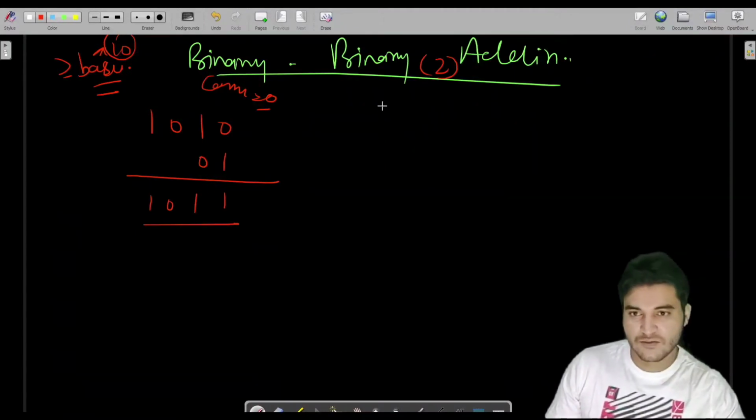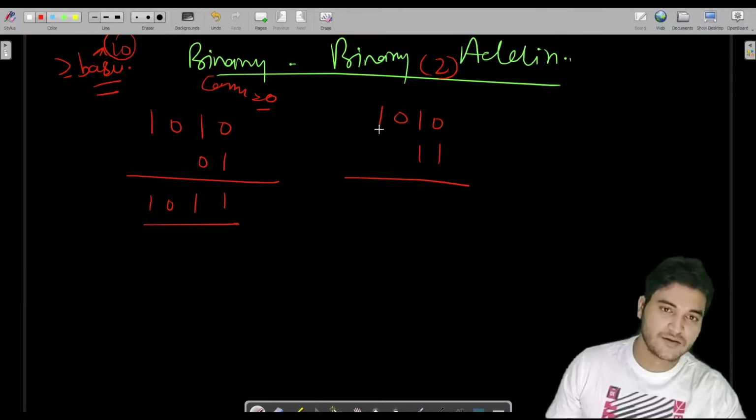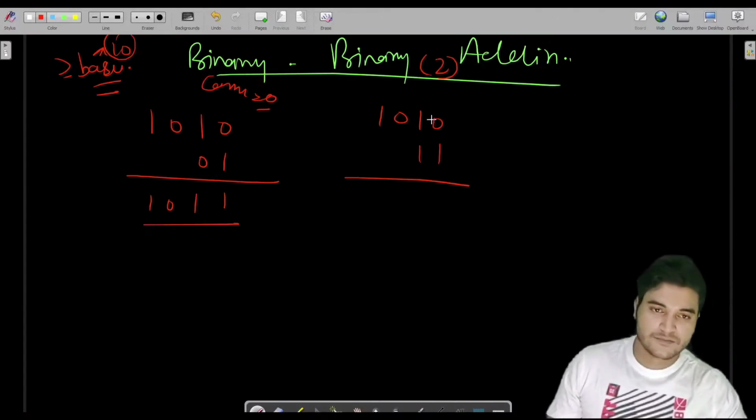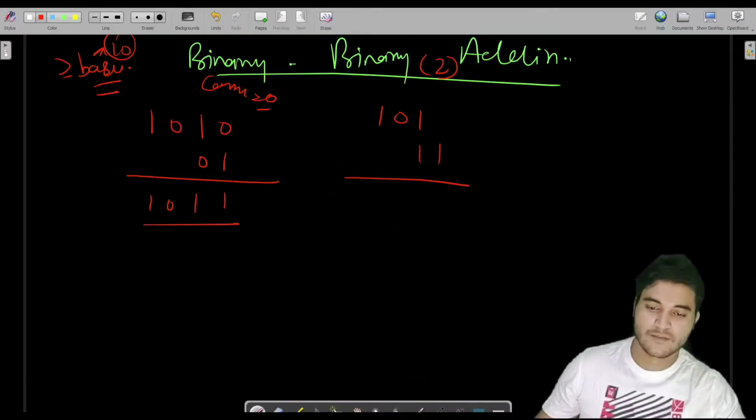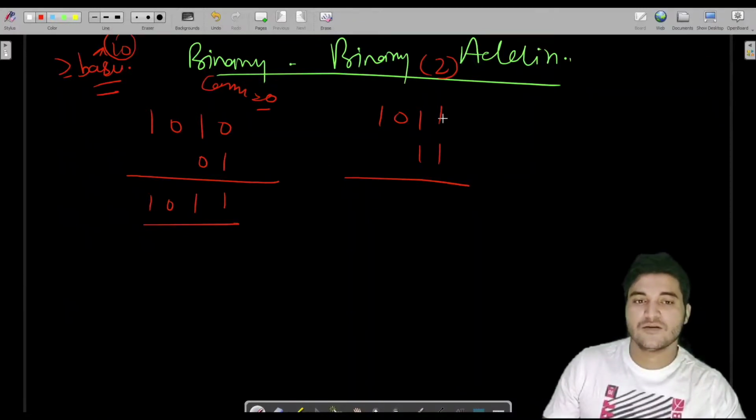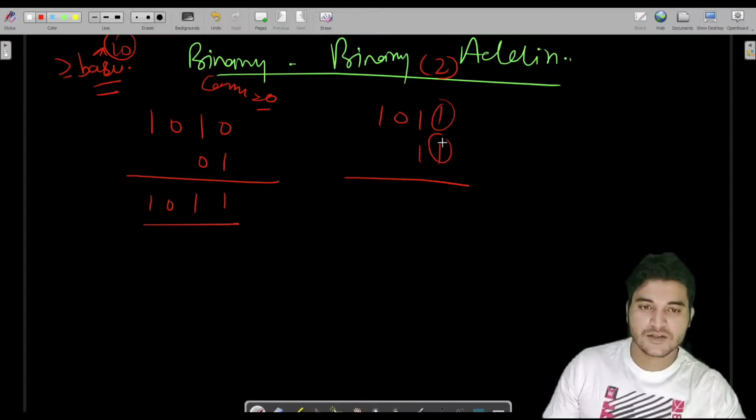So let us say now we have 1010 and we have to add 1011, so we have 1 here also. We take these two digits. 1 plus 1 is 2, which is greater than or equal to the base, as you can see.